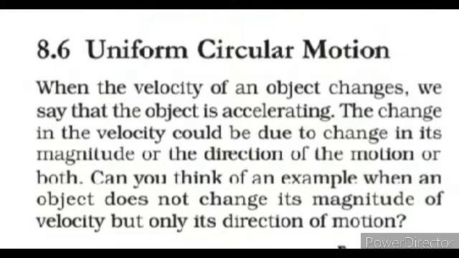From the name itself, I guess it's going to be clear to you what uniform circular motion is. So let's understand the meaning of this name first of all. Uniform circular motion consists of three words: uniform, circular, and motion. Motion means movement, circular means a closed circular path, and uniform means with uniformity. So whenever an object moves in a circular path with uniformity, the motion of that object is called uniform circular motion.